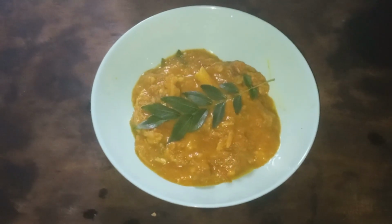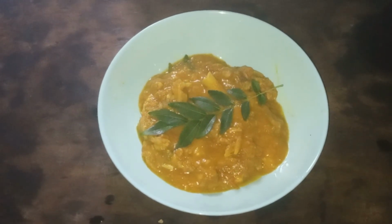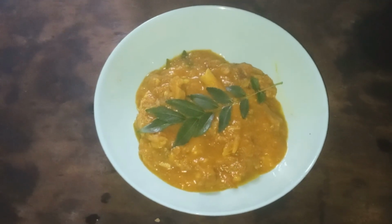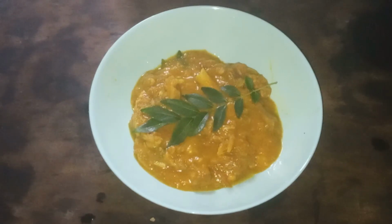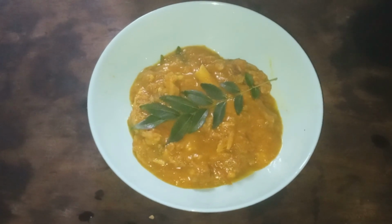Now the lamb lentil stew, or lamb split chickpea lentil stew, is ready and can be taken off the flame and served. This is the final lamb split chickpea lentil stew, or lamb lentil stew, or